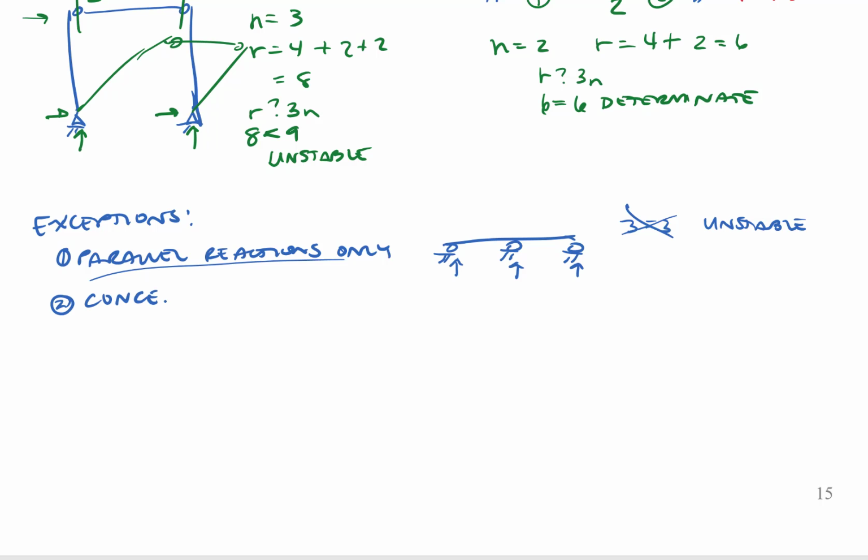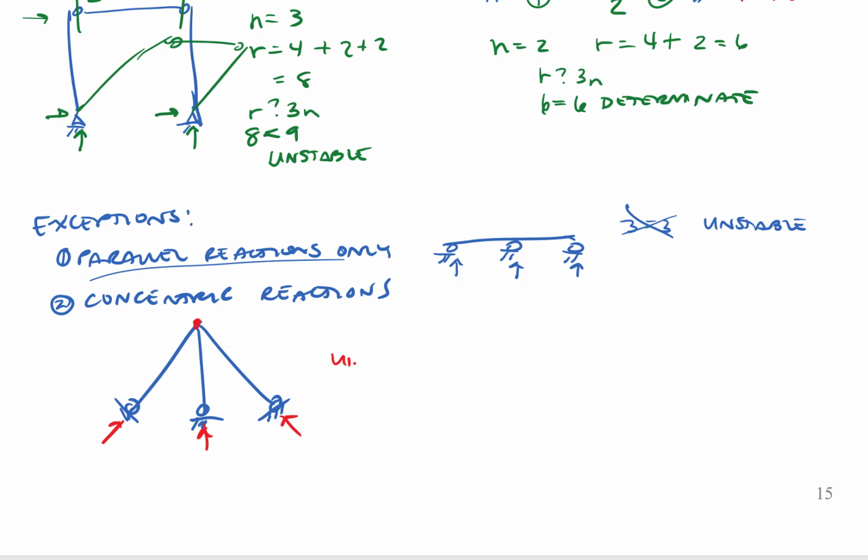If you have concurrent reactions, so if we have a structure that looks like this, all of our reactions point to the same point, so everything could rotate rigidly about that point. This is also unstable. And the third exception, we could have a really big frame,